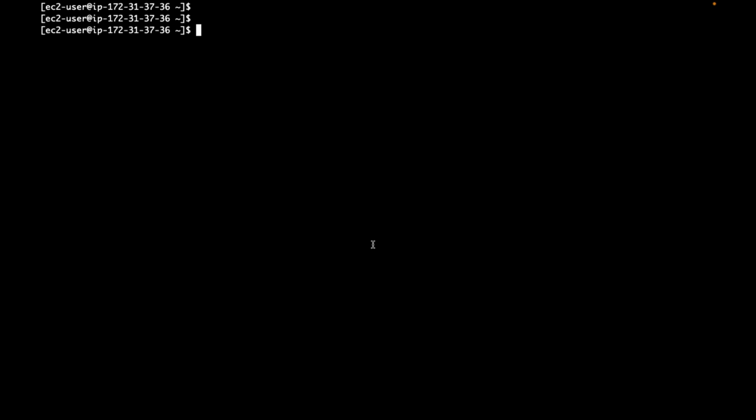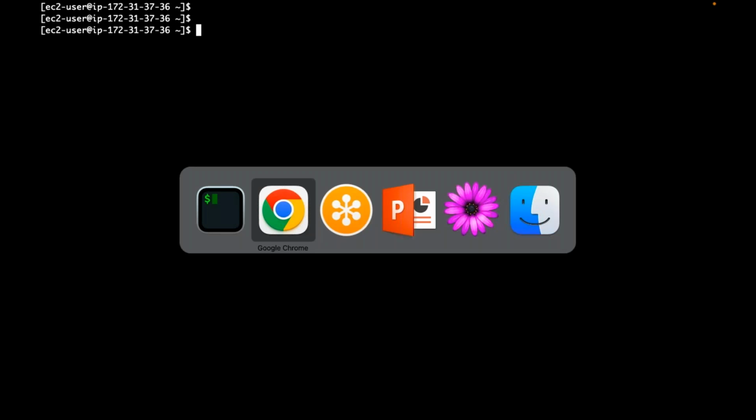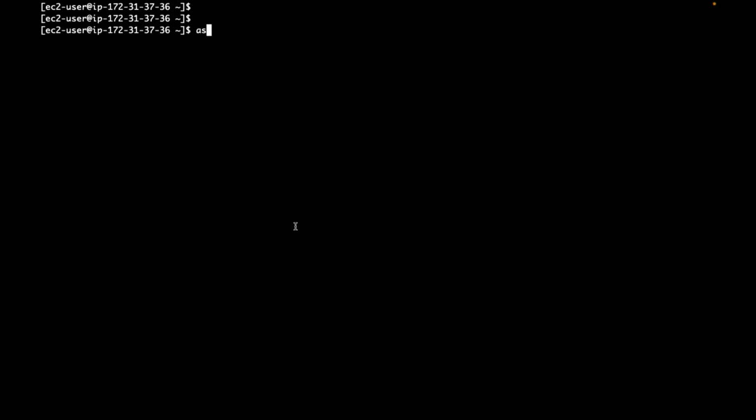But this is a managed Kubernetes cluster, not self-managed. So you don't see control plane nodes. So how to get the kubeconfig file for this EKS cluster? You need to use AWS CLI. There is a command which you can execute to get the kubeconfig file: aws eks,